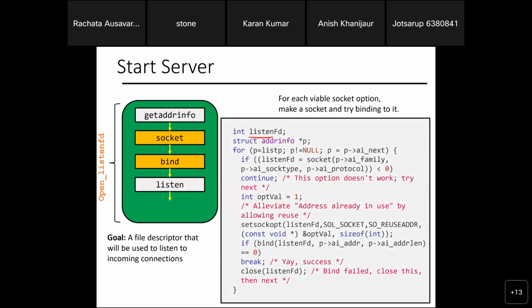If there's an option that you can listen to, you use the function socket to establish the socket connection. Again, you put ai_family, ai_socktype, and ai_protocol to establish the listen file descriptor. The job of the listen file descriptor is to be the socket connection that listens to the incoming bytes of data.